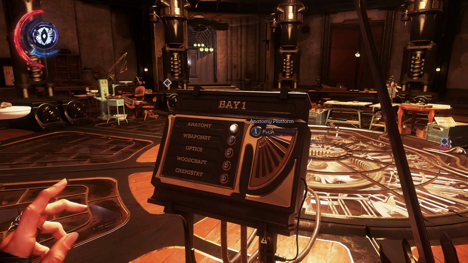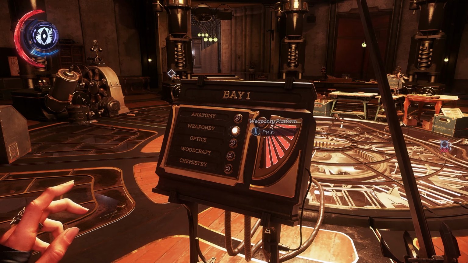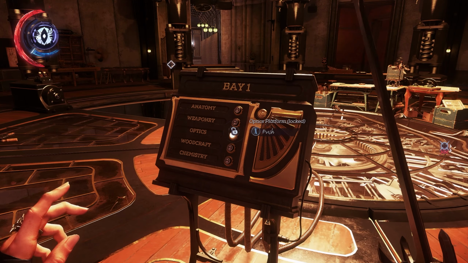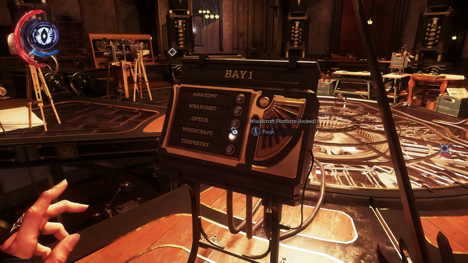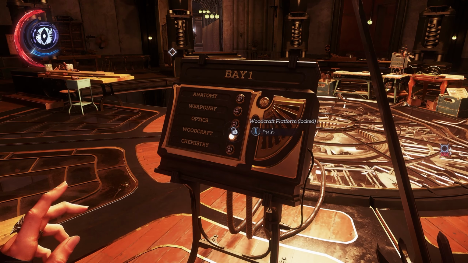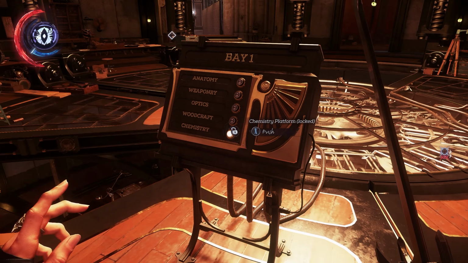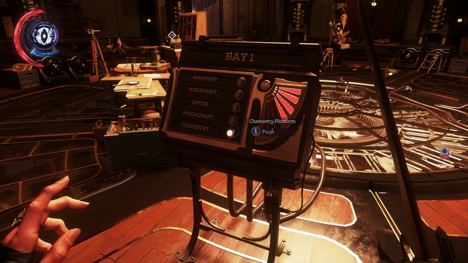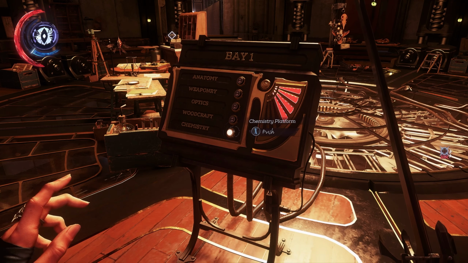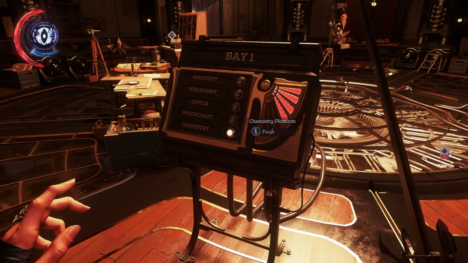Anatomy takes 1. Weaponry takes 6. Optics takes 3. Woodcraft takes 5. Chemistry is 4. Okay, so now we know that anatomy takes 1, weaponry takes 6, optics takes 3, woodcraft takes 5 and chemistry 4. So we want to have anatomy